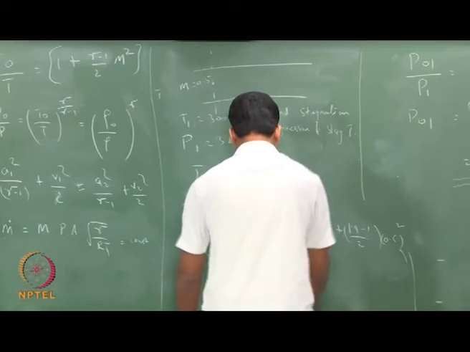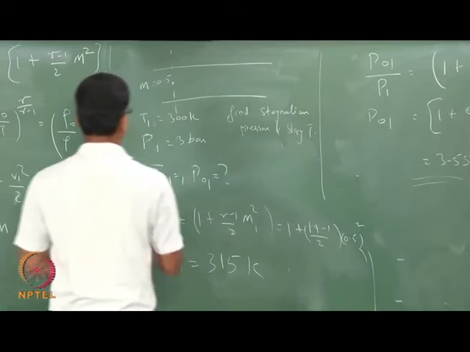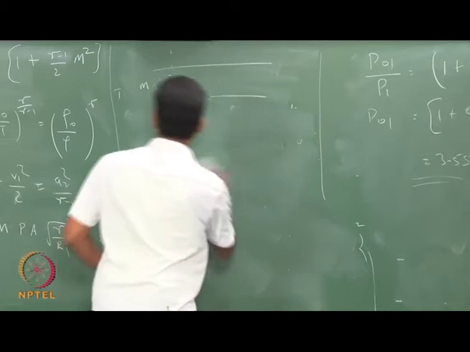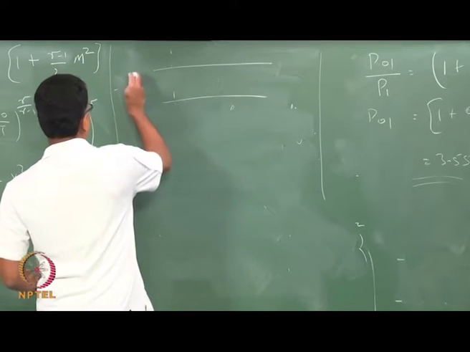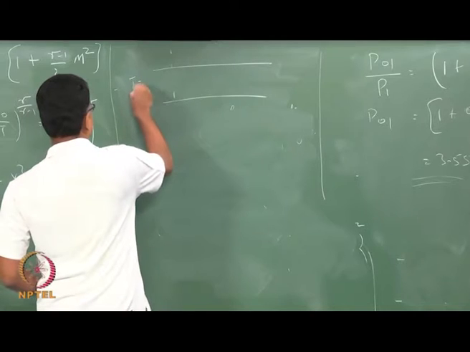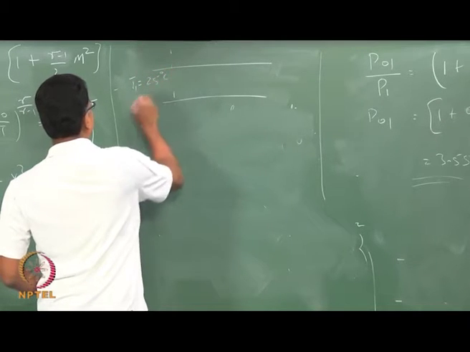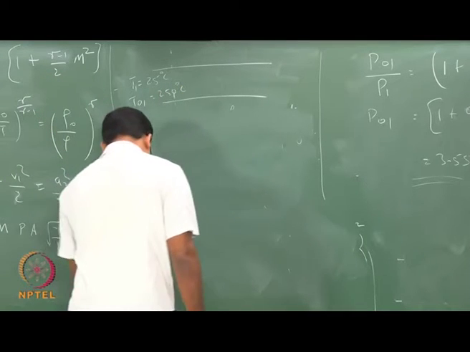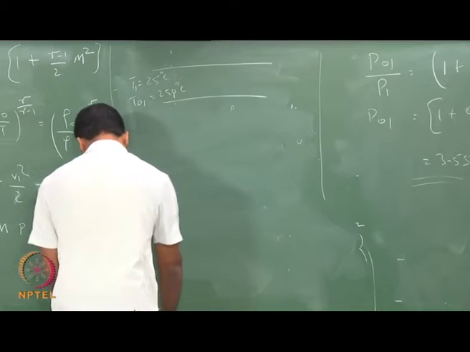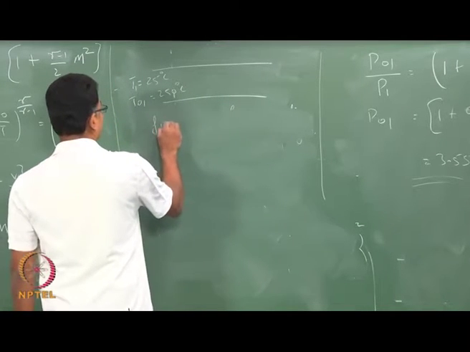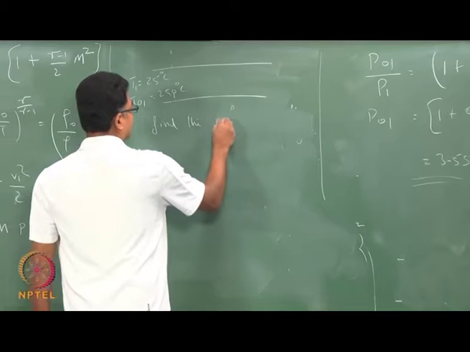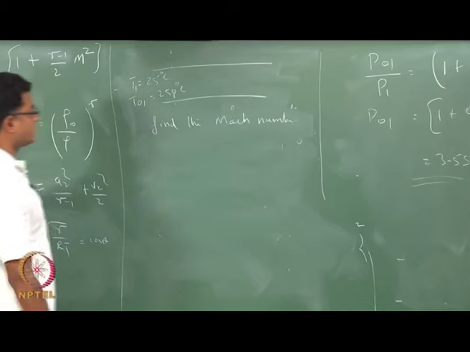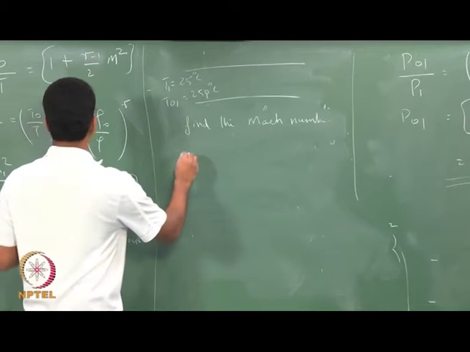So, if I reverse this question, the static temperature is 25 degrees Celsius and stagnation temperature is 250 degrees Celsius. Find the Mach number. How do we do this? I can use the same relation,